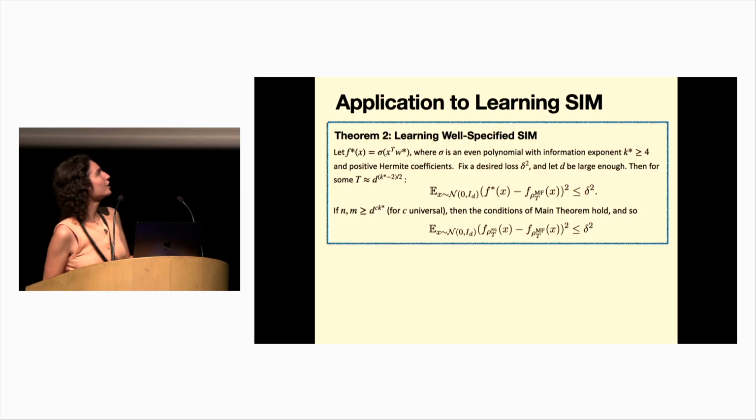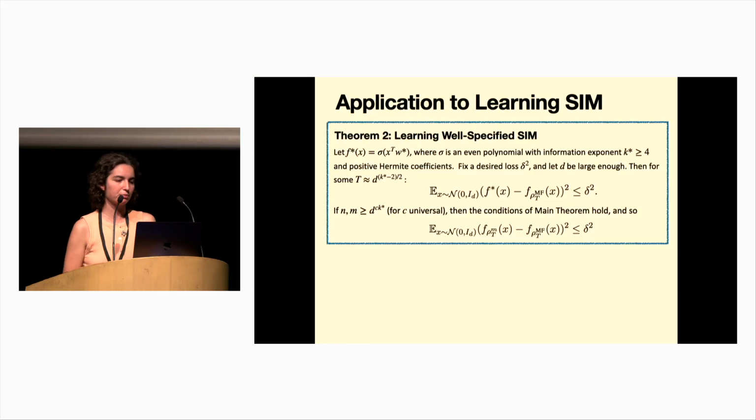Okay, yeah, I have another slide that I just stopped because we're out of time. In this problem, for example, the problem of learning a well-specified single index model, we can satisfy all these assumptions. We do it in the case of a single index model with an information exponent that's more than 4, because that leads to polynomial in d training times. So that's the setting that it was interesting for. Theoretically, it could also work for single index models with a lower information exponent, but existing results already cover that. So yes, this will satisfy all the assumptions. We're working on broadening the set of problems that the assumptions hold for.